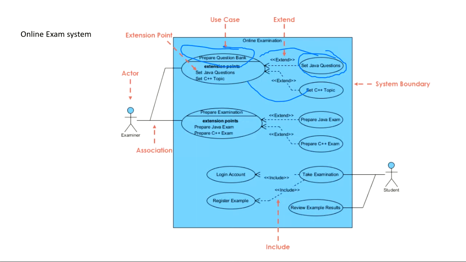So you have to get the essence of the question, what it's trying to say. And if you only have to draw the online examination system, then it's up to you what you want to use, how you want to use. Before drawing, just write down all the things first. Okay, that these are my actors, because these are the only questions that will come in your exam mostly, right?